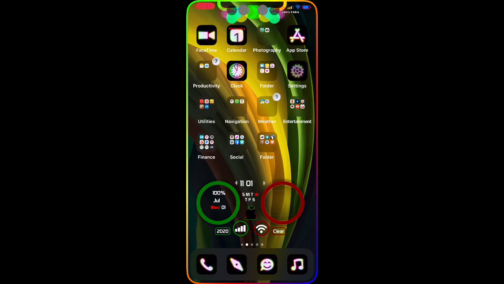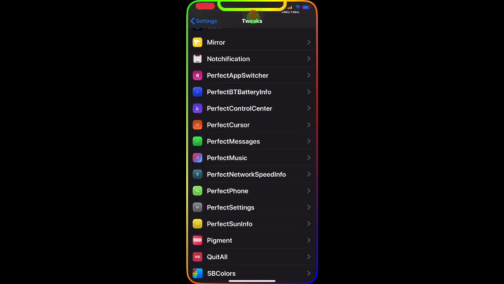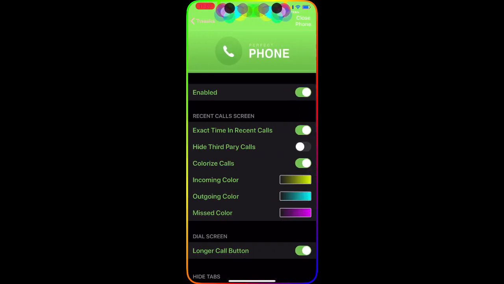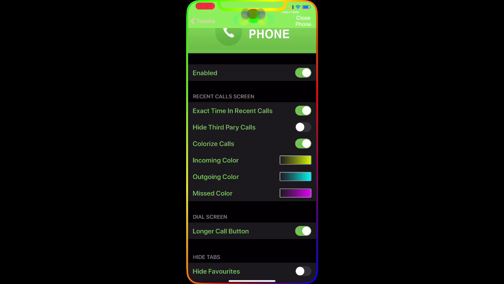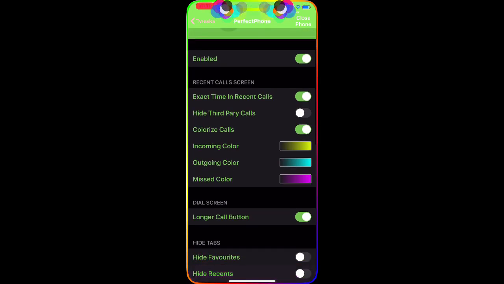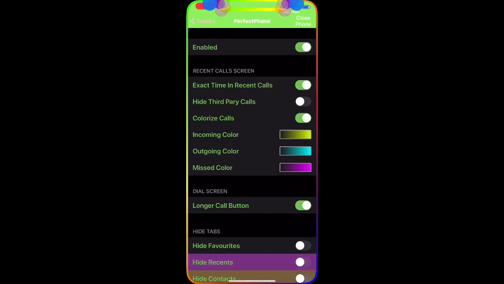First, let's go to the settings and let me show you guys PerfectPhone, the tweak. This is the interface for it, and you have all these settings to configure. As you can see, you have to enable it. All these tweaks are disabled by default. So once you download it, you have to go to settings, enable it, and then configure the settings. As you guys can see, I enabled it and got the exact time in the recent